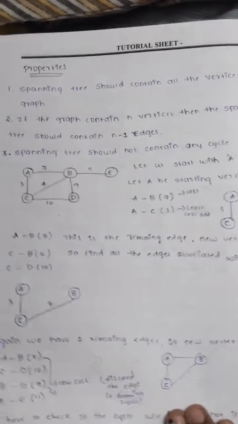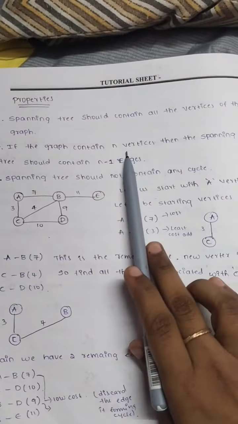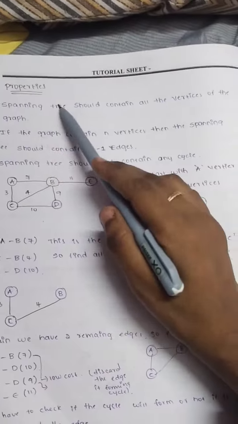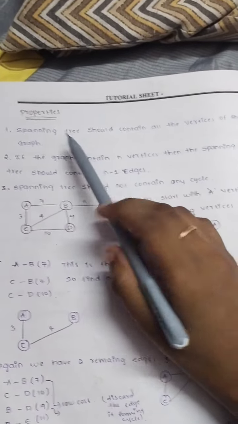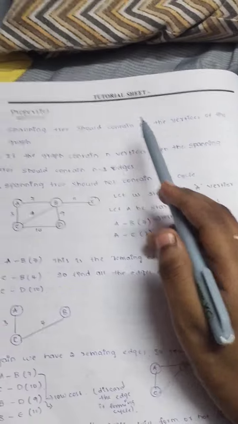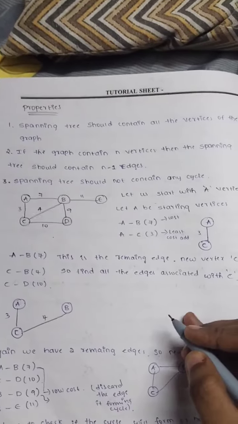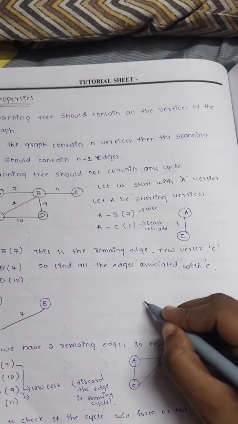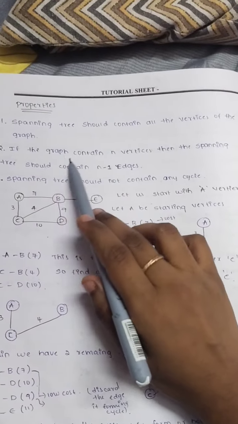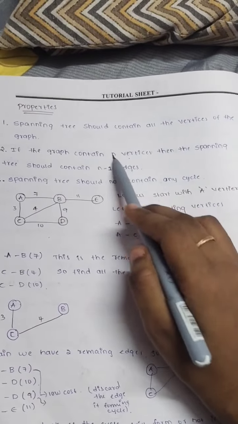Here we have 3 main properties to find the minimum cost of a spanning tree. So these are 3 steps, 3 properties. The spanning tree should contain all the vertices of the graph. So we are forming a spanning tree, and that spanning tree should contain 5 vertices, all the vertices of the graph. But if the graph contains n vertices,